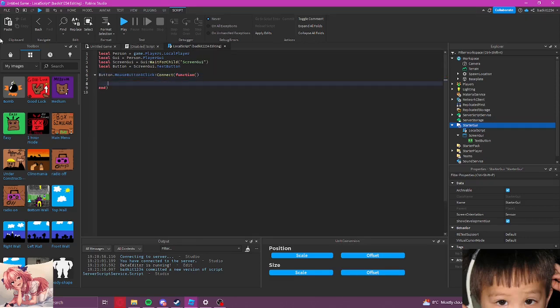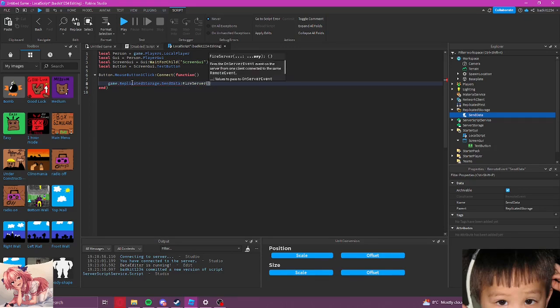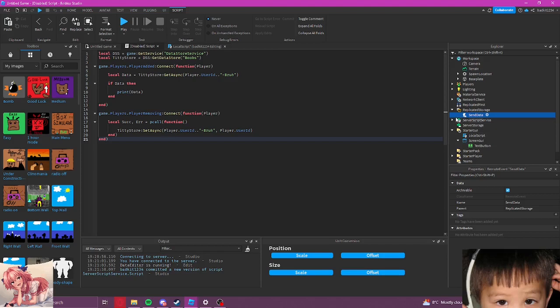Then what we're going to do here is make it so that we have something inside of ReplicatedStorage. We're going to create a remote event and call it send data. Then game.ReplicatedStorage.SendData:FireServer. Boom. So we're going to handle it on the server side of the script.